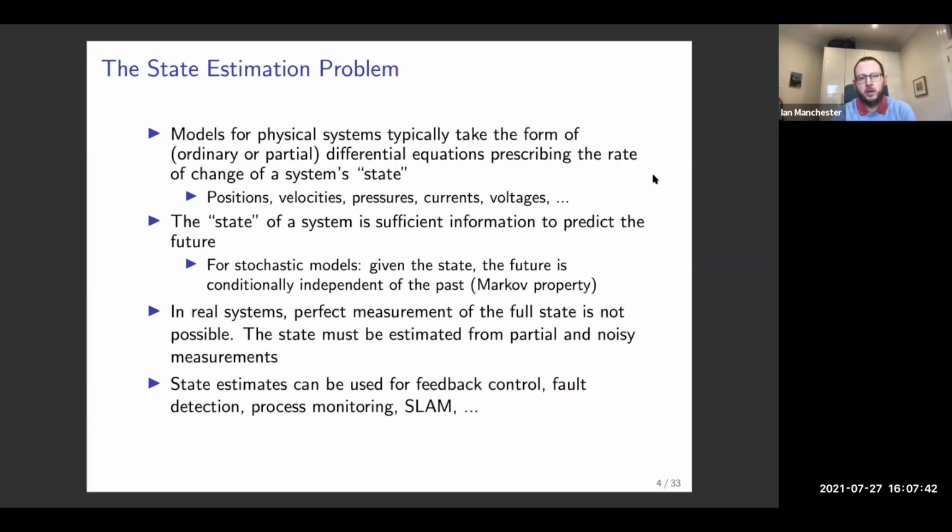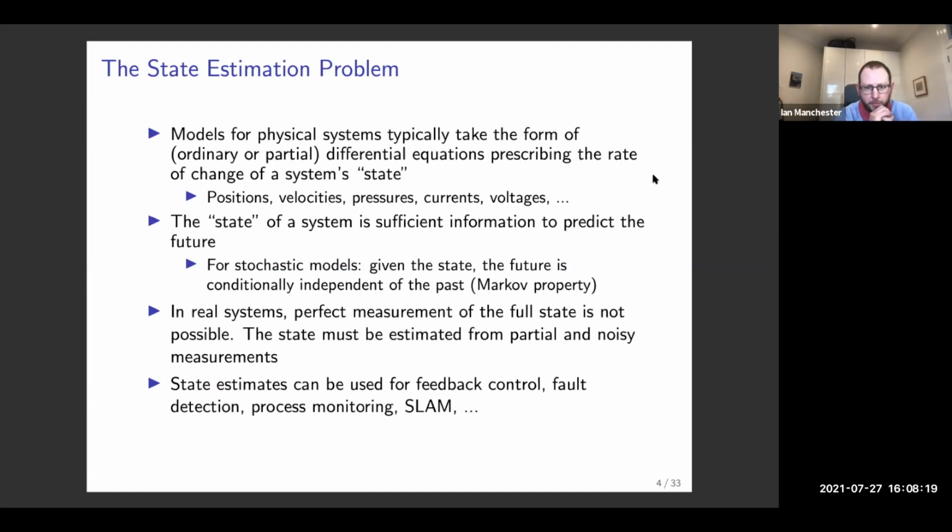The reason that control engineers are very interested in the concept of a state is, well, there are many reasons, but one of them is that when you're trying to control real systems, it's very rare that you can achieve perfect measurement of the full state. Usually you only have some sensors available, and these will generally give somewhat noisy measurements. So the problem of state estimation is to estimate the true state of a dynamical system given only partial and